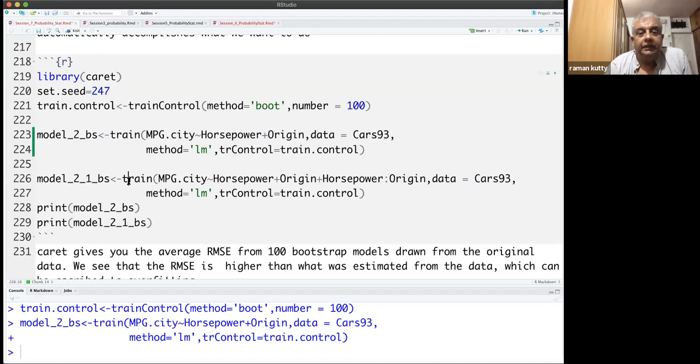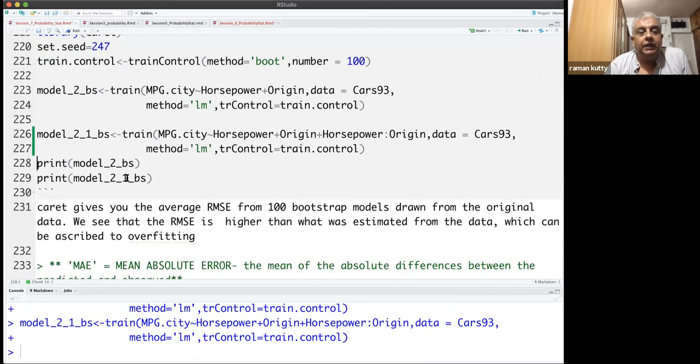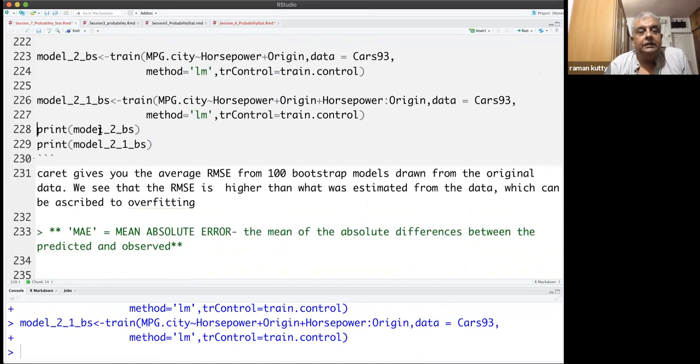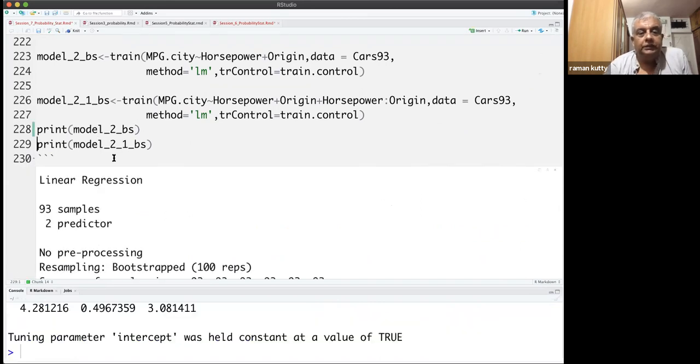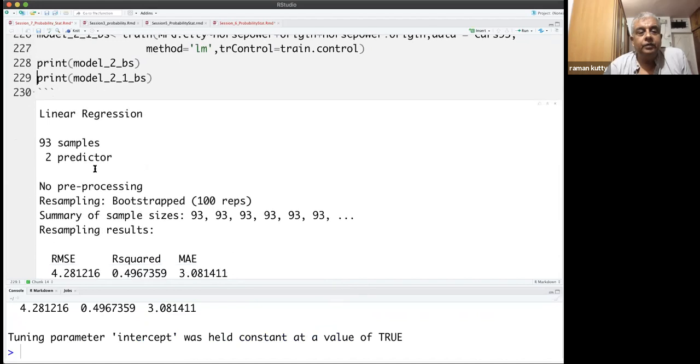And I've done the same thing with the second kind of model also. The second model which we have looked at has two independent variables and the interaction. After creating these two models, it is simply a question of printing out the model. It will give you this output. It says 93 samples, 2 predictors, no pre-processing.